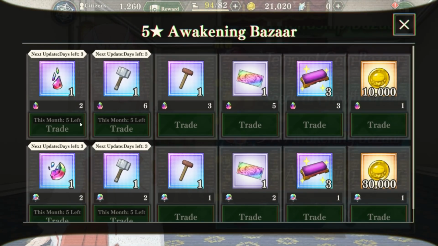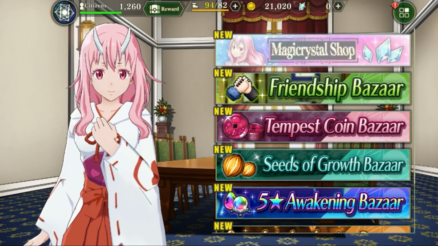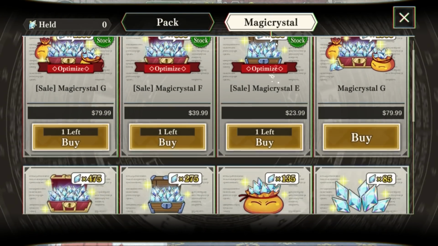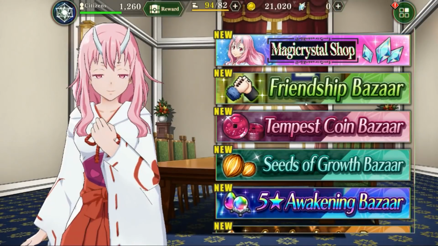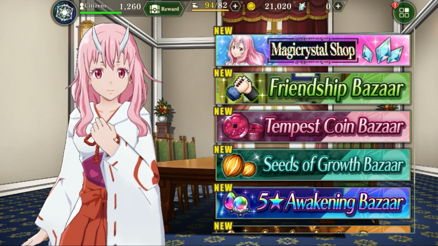Again, over here you have things that change as well, these ones over here. So just remember, keep an eye on all of this. I believe the Magic Crystal Shop also has some bundles that are time bound. I think it's these ones. But yeah, all over the game there are some time-bound things because the month resets in 3 days. So just keep that in mind and make sure you are keeping an eye on what you want to